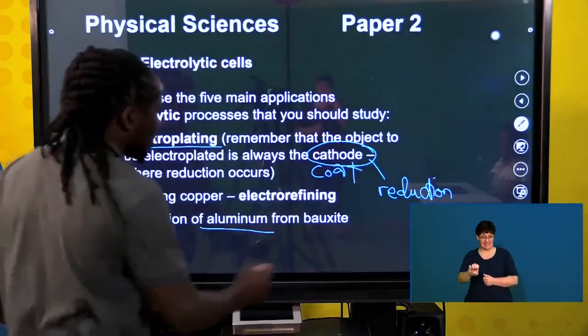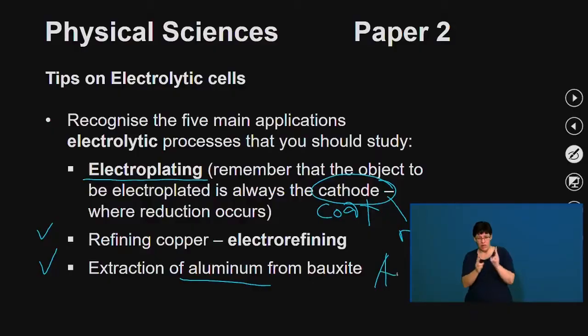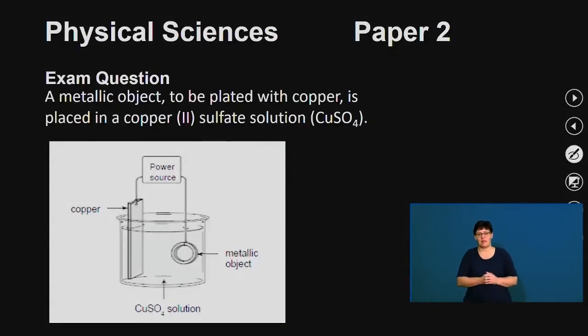So this bauxite, remember, Gr12, is Al2O3. Okay? This is the ore which contains aluminium. So the electrolytic cell that is used in the extraction of aluminium will ensure that we extract this aluminium from this ore. Right? Okay, and then here is a typical example of an electrochemical cell, which is electrolytic,